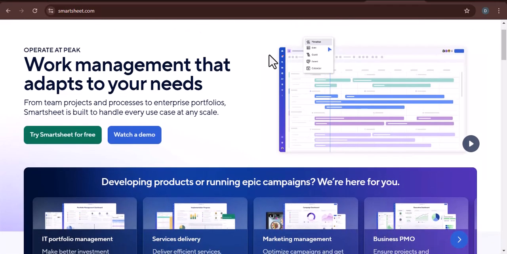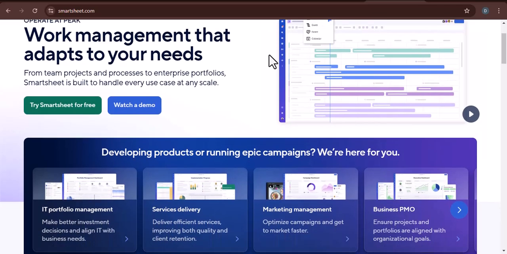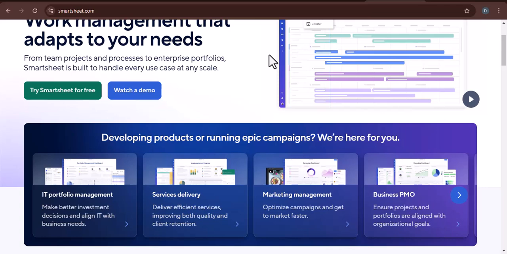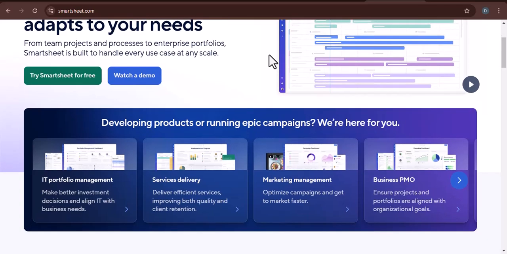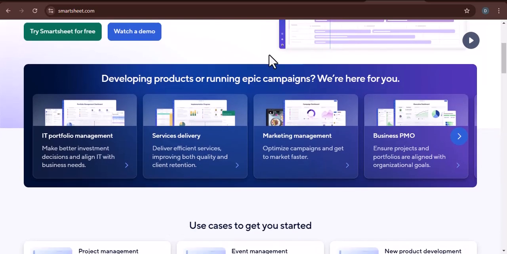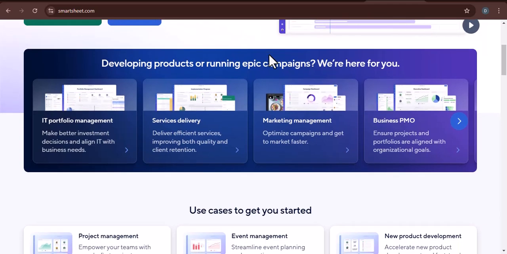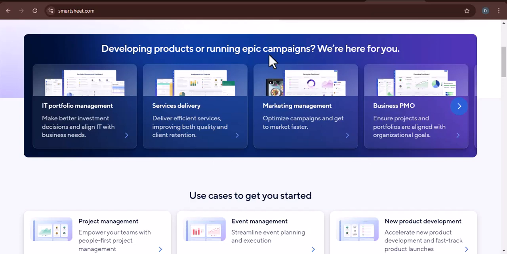Today I'm going to be talking about Smartsheet, a powerful cloud-based spreadsheet application. I've been using Smartsheet for a while now, and I've found it to be an incredibly useful tool for managing projects and tasks. One of the things I love about Smartsheet is that it automatically saves your work as you go. This means that you never have to worry about losing your data, even if your computer crashes or your